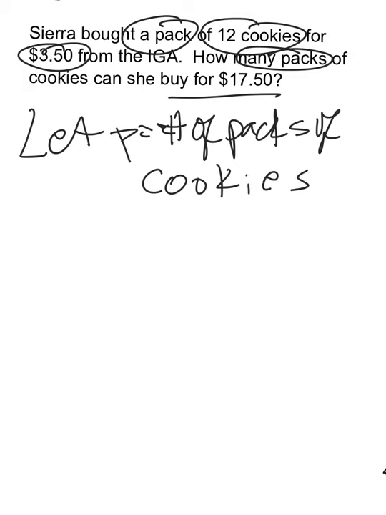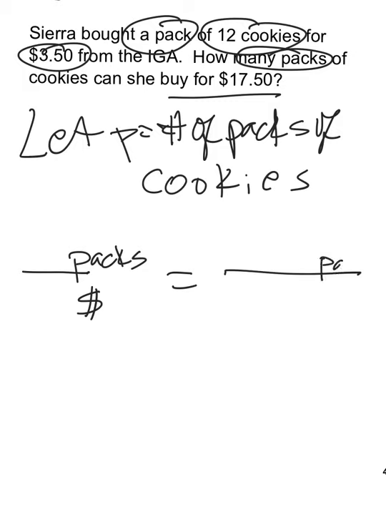Now I'm going to write my fraction. I want packs of cookies and how much it cost equal to packs of cookies and how much it cost. They didn't ask me how many total cookies, so I'm going to make sure I write my fraction for packs of cookies. One pack of cookies